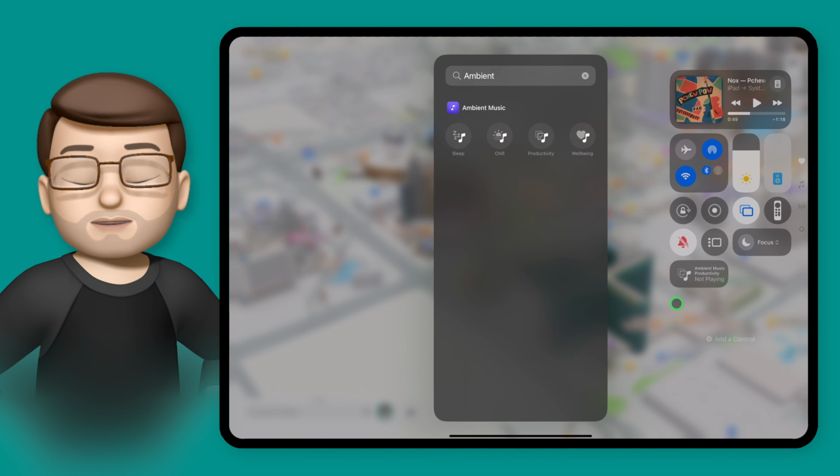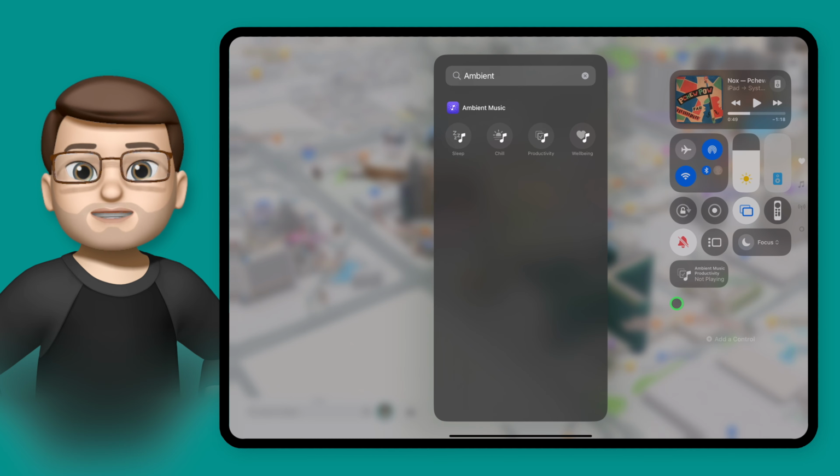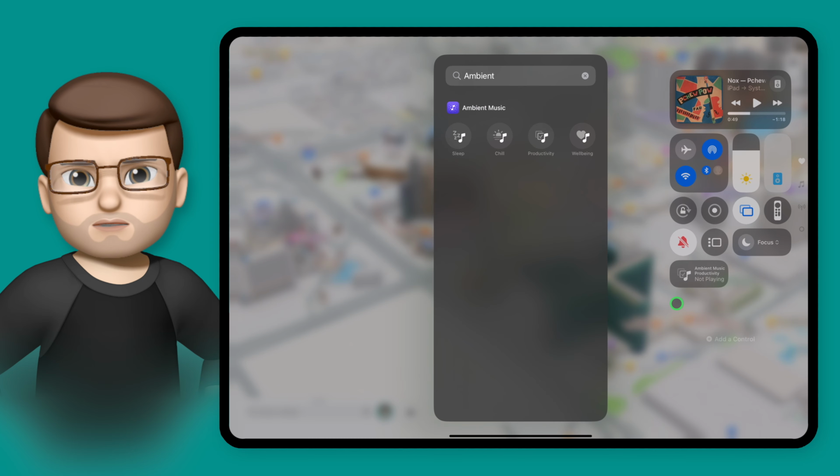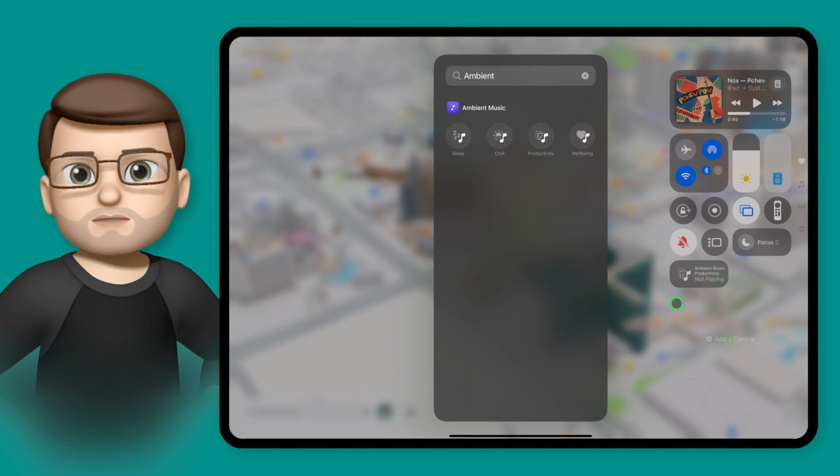Hi, it's Jacob here, and in this short quick tip video, I'm going to show you a brand new feature in iPadOS 18.4 called Ambient Music Playlists. These are helpful little toggles you can add to Control Center, which will immediately play some calming, relaxing, or focused